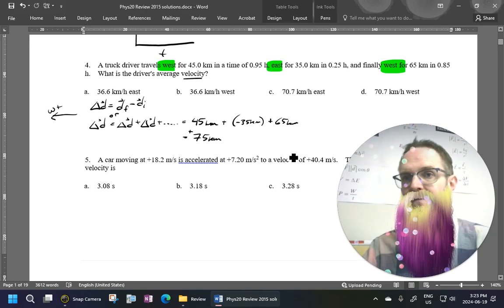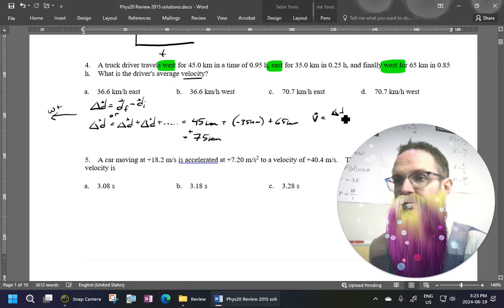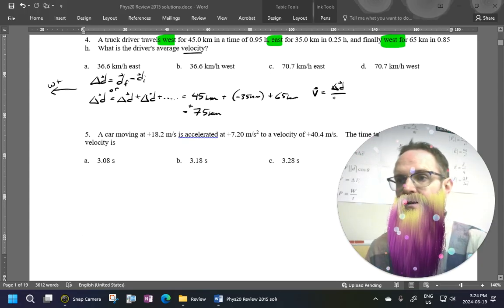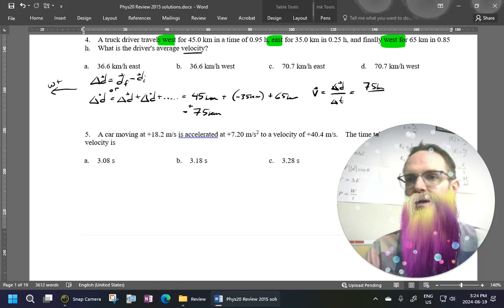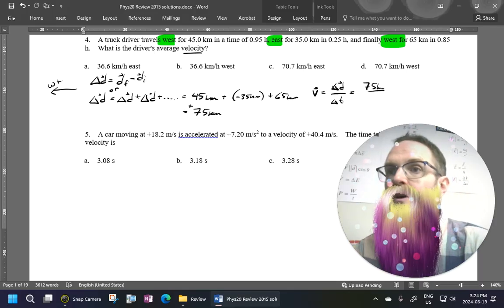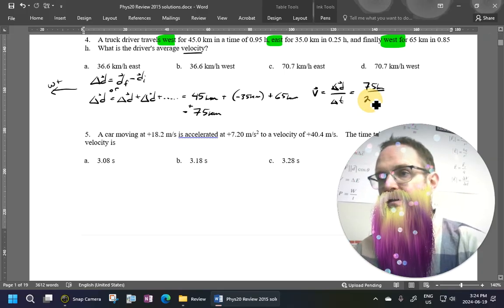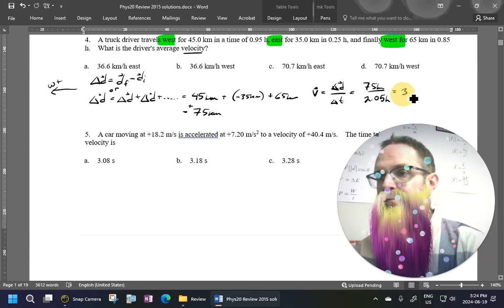And then I'm going to take that and find the velocity. So the velocity is going to be my change in position, my displacement, divided by my total time. There you go. So I got the 75 kilometers. What's my total time here? So I should probably do that. 0.95 plus 0.25 plus 0.85. So I got 2.05 hours. So 75 divided by this answer is 36.6